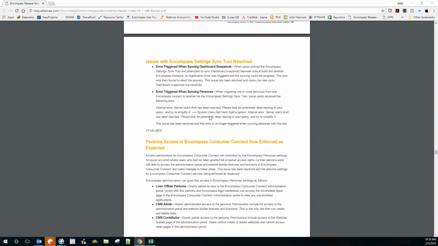Setting sync tool. So again, just something to be really, really careful with. The setting sync tool is getting more attention now. Again, as next gen is getting closer and closer, there's going to be some opportunities where you'll want to copy settings from one environment to another. Just a word of caution, please be very careful with this,